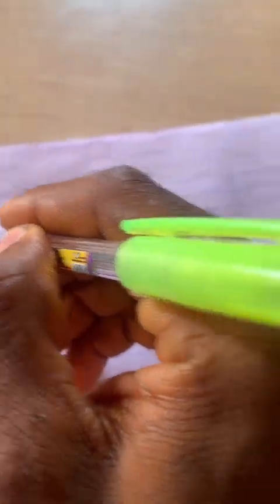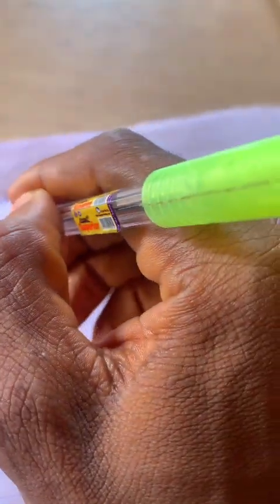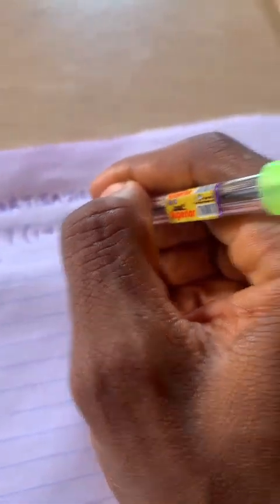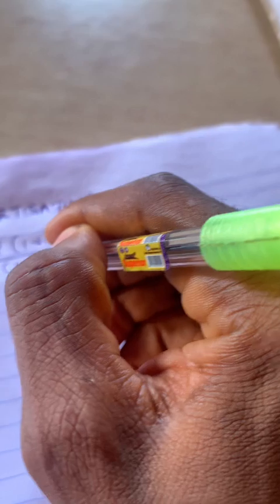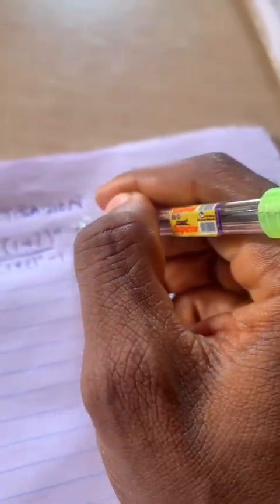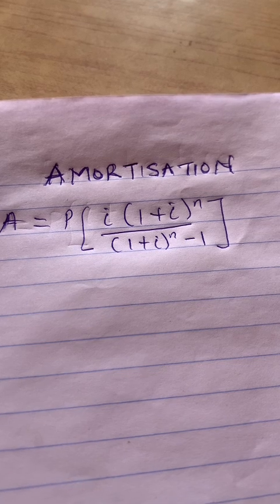When we're talking about amortization, the formula for amortization is A equals P into I, open bracket 1 plus I raised to power n over 1 plus I raised to power n minus 1. So this is the formula, I into (1 + I)^n, where